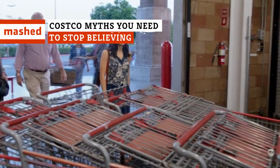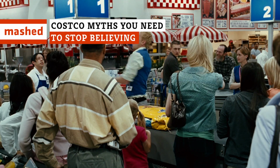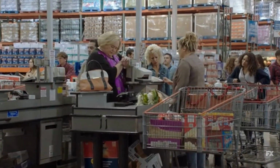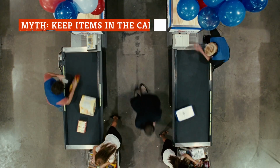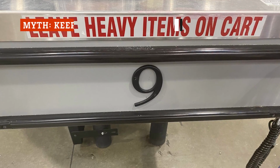Costco has a devoted following, and with good reason. But you don't want your next trip to Costco to be ruined by one of these myths, do you? Buckle up and get your notepad ready. It's Mythbusters time. Costco's checkout procedure can be overwhelming when you have several heavy items packed into your cart, and